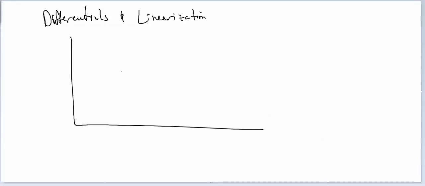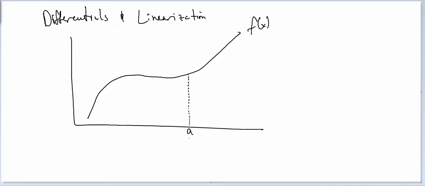If you have a graph and some interesting function, here's f of x, and you want to evaluate this function at this value a. Instead of actually evaluating this function, which could be something really complex, and the value of a could also be complex, we could build the slope or the equation of a tangent line at or near that point. And if you were to zoom in,